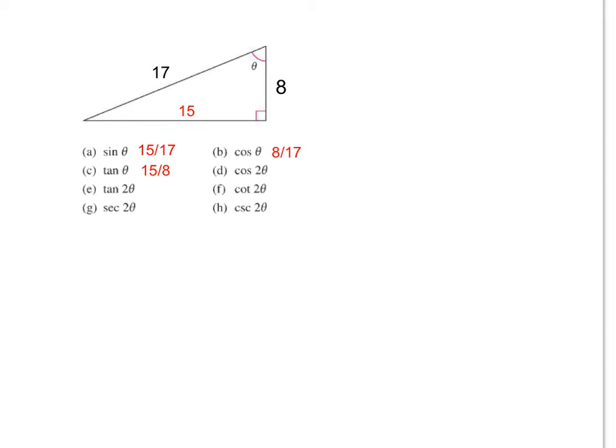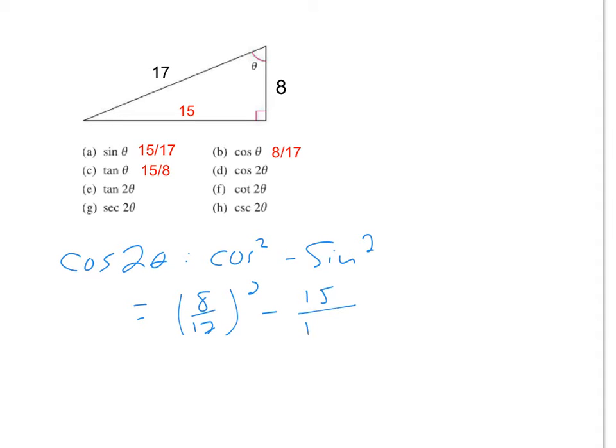Okay, so if I wanted to find cosine of 2 theta, I know that cos 2 theta is equal to cos squared minus sine squared. So that equals now my cosine theta is 8 over 17. So I'm going to square that minus my sine squared, which is 15 over 17 squared. So that now equals 8 squared, 8 over 17 is 64 over 289